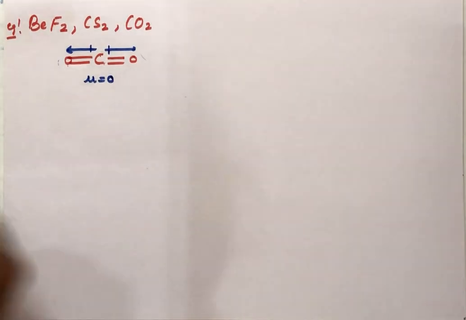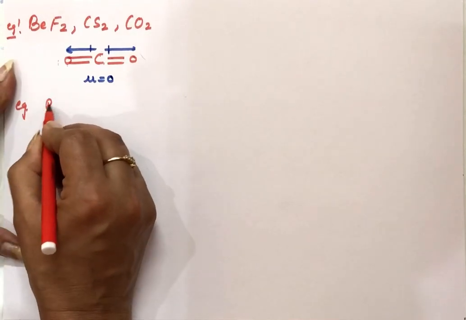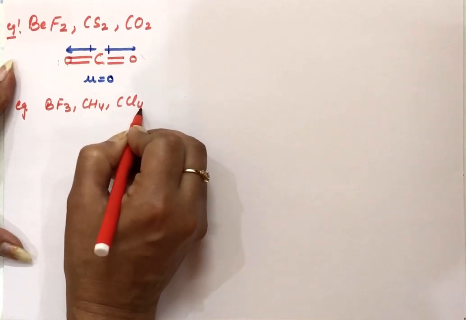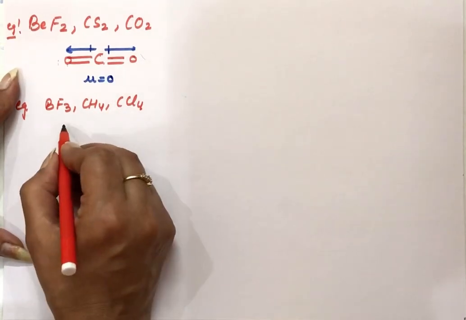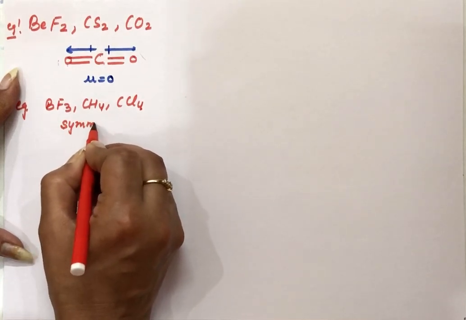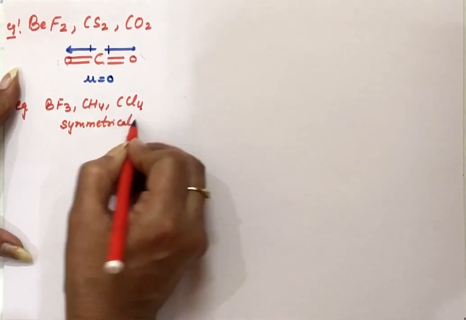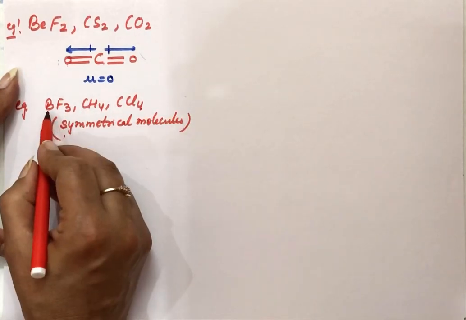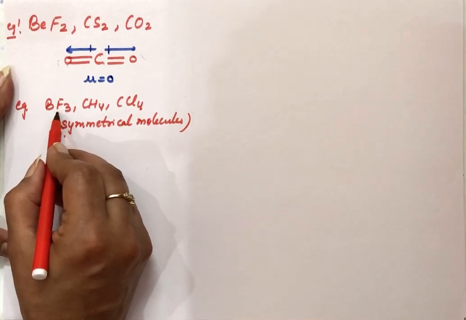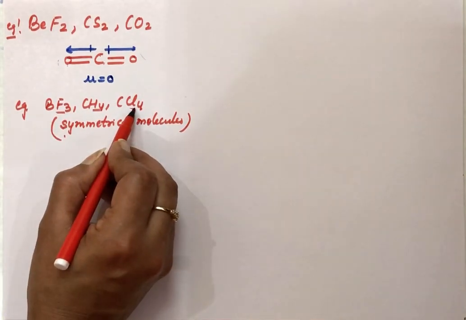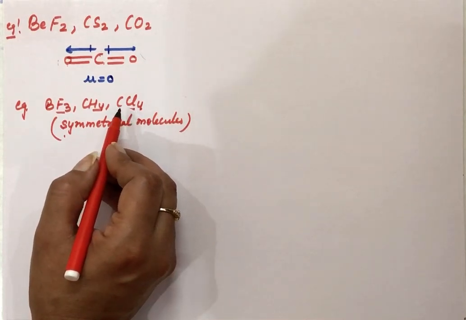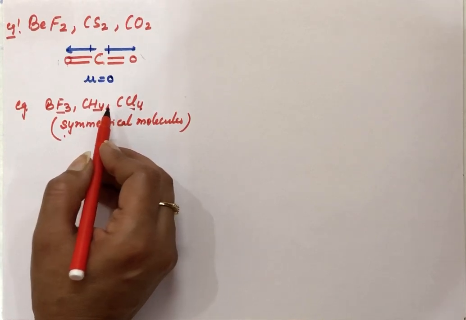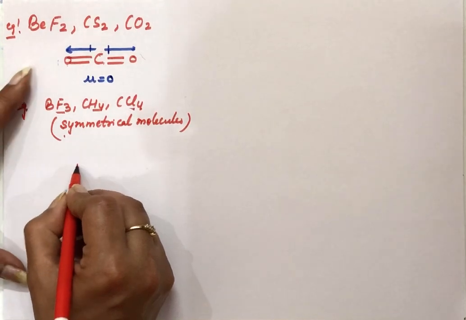Next example, if we take polyatomic molecules like BF3, CH4, CCl4. These are symmetrical molecules. Symmetrical molecules means there is no lone pair here. In case of symmetrical molecules, when no lone pair is there on the central atom and the outer atoms linked to it are also the same, then overall the dipole moment of the molecule will be 0 because the dipole moments of individual bonds will cancel out each other. Like in case of BF3,